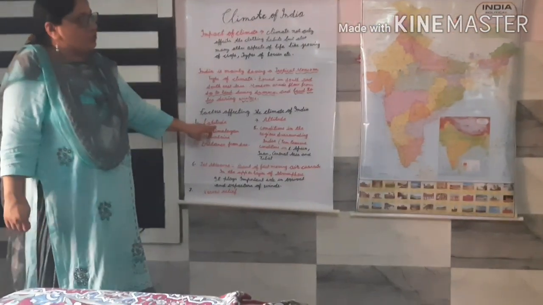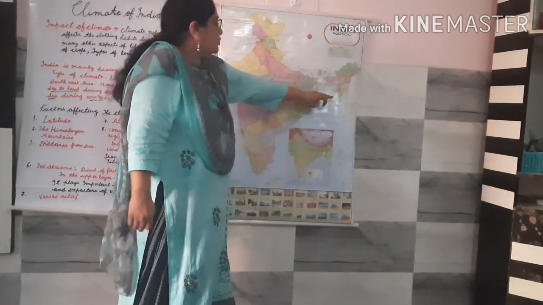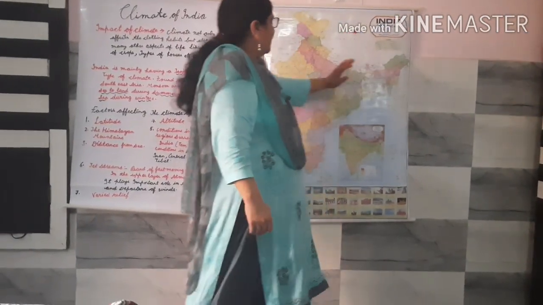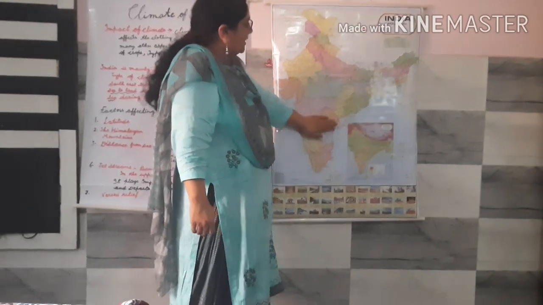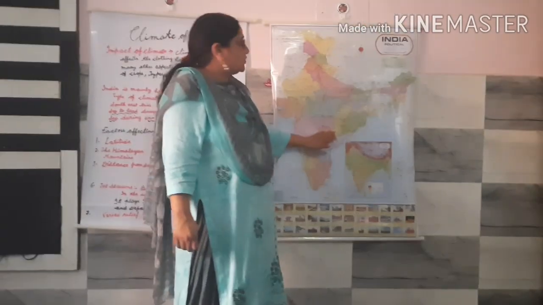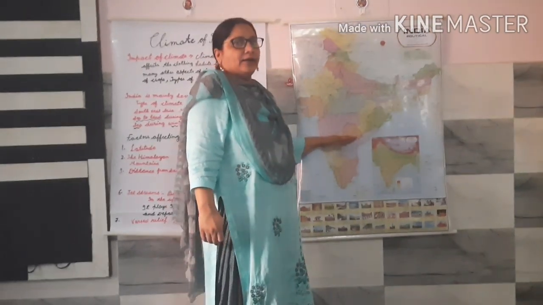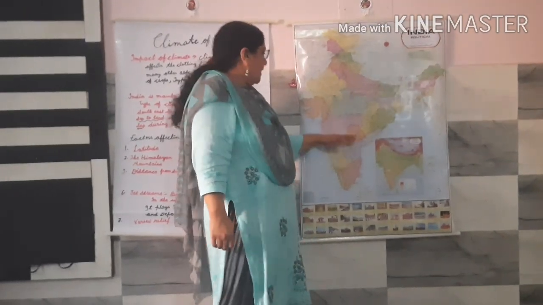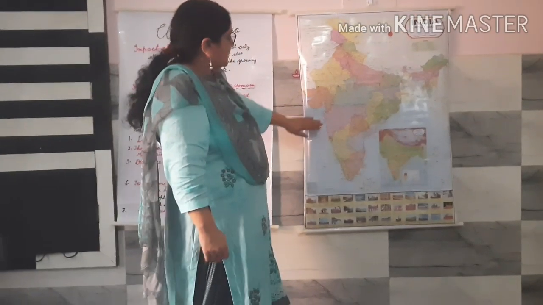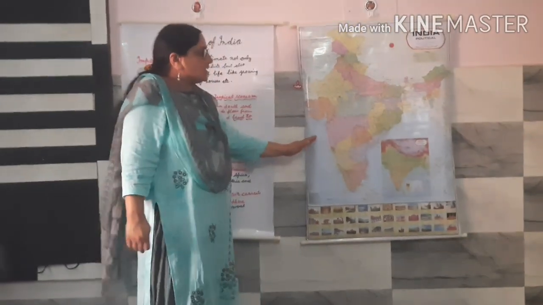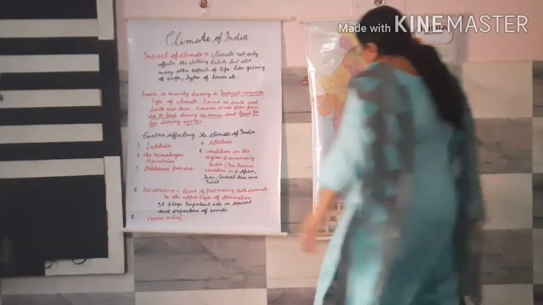First is the latitude. See here the Tropic of Cancer, which is passing through the center of India. Due to this, we can divide our India into two heat zones: the subtropical zone and the tropical zone. In the tropical zone, you can see we do not have too much difference in the summer and the winter temperature, because